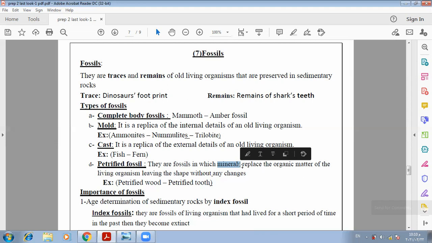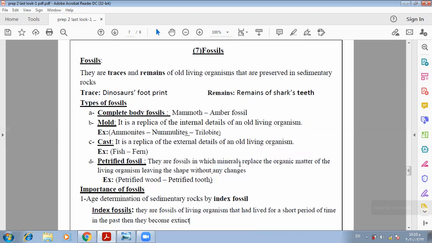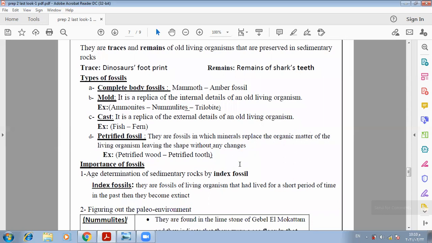Let's go and know the importance of fossil. Importance of fossil number 1, age determination of sedimentary rocks by using index fossil. What's the meaning of index fossil? They are fossils of all living organisms which have lived for a short period of time, then it die and extinct. So it helps us to identify or to determine the age of sedimentary rocks. Yani, if I find this index fossil, it will help me to identify or determine the age